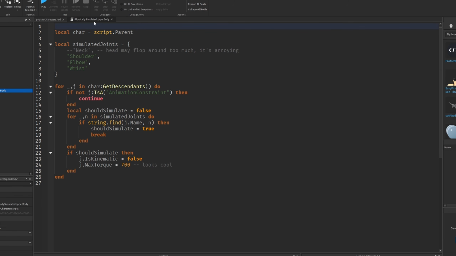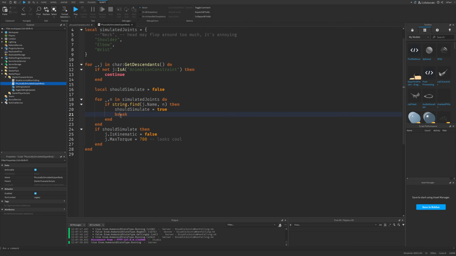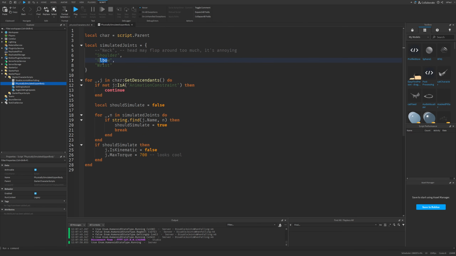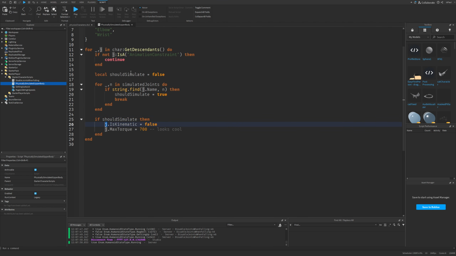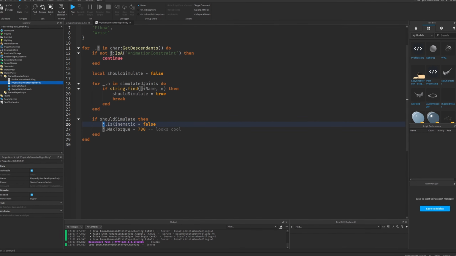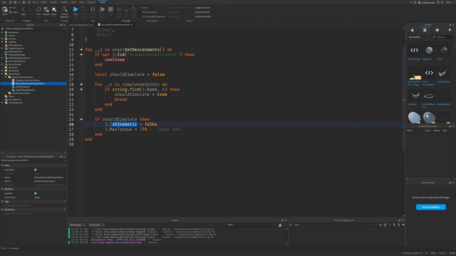And now the physics simulated upper body, we have the simulated joints, which are the shoulder, elbow and wrist, and the head, which might flop around too much since it's annoying. And then lastly another for loop, which gets the animation constraints, then sets the should simulate variable, and then checks if the name of the body part has the string, which is the shoulder, elbow or a wrist. And then sets the should simulate variable to true, basically just depending on that. And then if should simulate is true, then it sets the properties of the animation constraint, and I think I actually said that this is a part, so my bad, this was supposed to be the animation constraint that name. But anyways, it sets the is kinematic to false